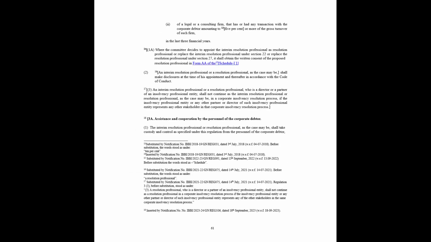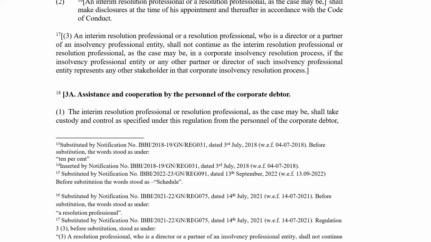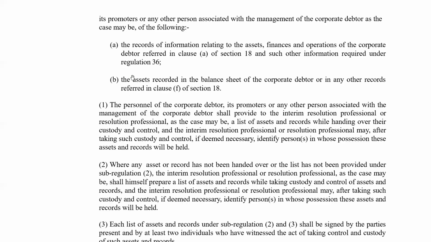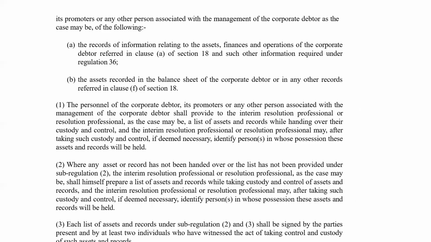So regulation 3A. What does regulation 3A say? Assistance and cooperation by the personnel of the corporate debtor. The IRP or RP, as the case may be, shall take control and custody as specified under this regulation from the personnel of the corporate debtor. ठीक है, कस्टडी एंड कंट्रोल कैसे लेना, किस किस चीज की कस्टडी एंड कंट्रोल लेना? पहला, records of information relating to the assets, finances and operations of the corporate debtor referred to in clause A of section 18 and such other information required under regulation 36. Assets recorded in the balance sheet of the corporate debtor or in any other records referred to in clause F of section 18. बैलेंस शीट में इन्वेंट्री दे रखी है तो इन्वेंट्री की कस्टडी एंड कंट्रोल तो देना पड़ेगा ना,